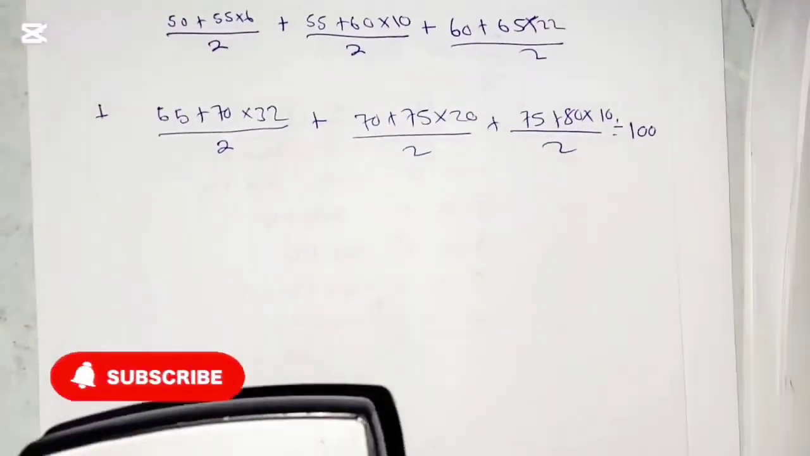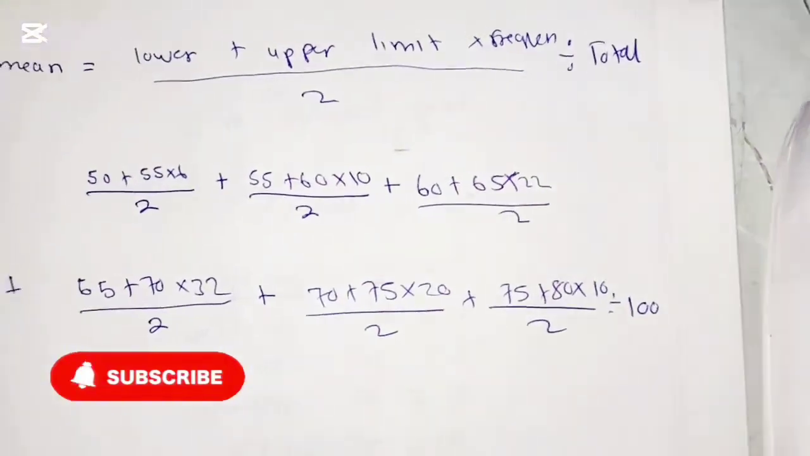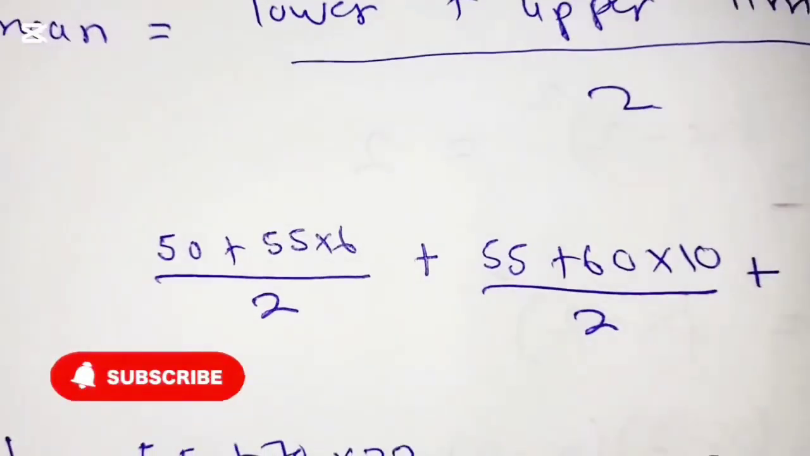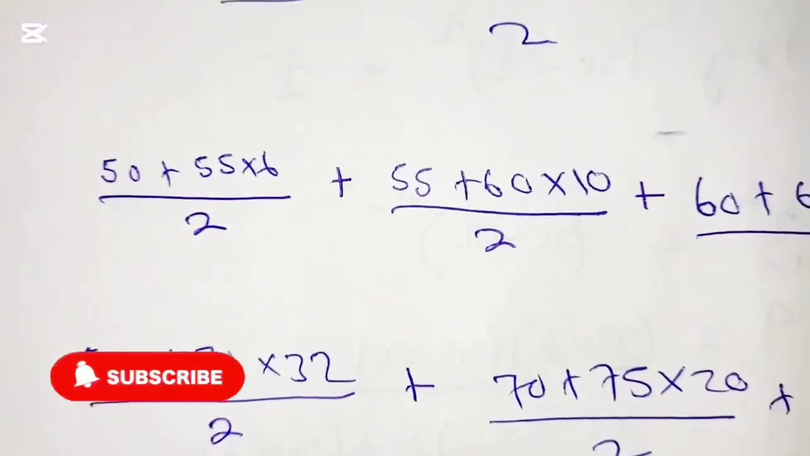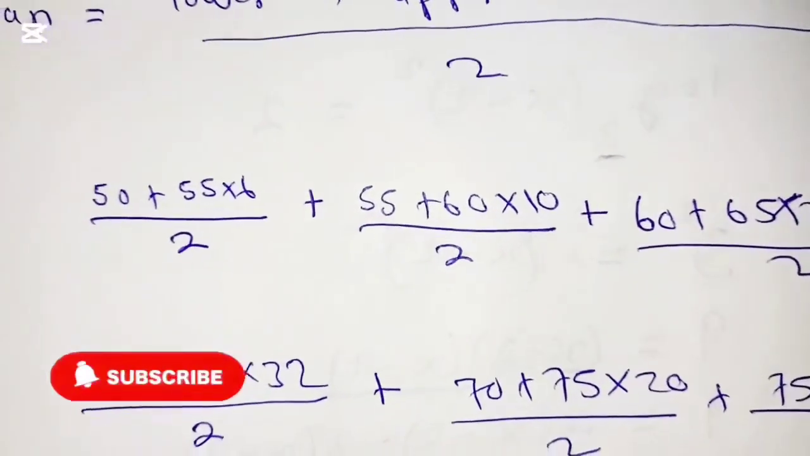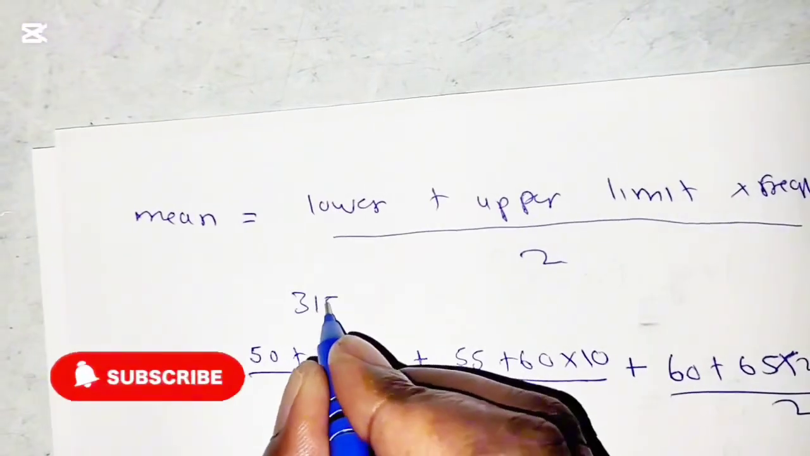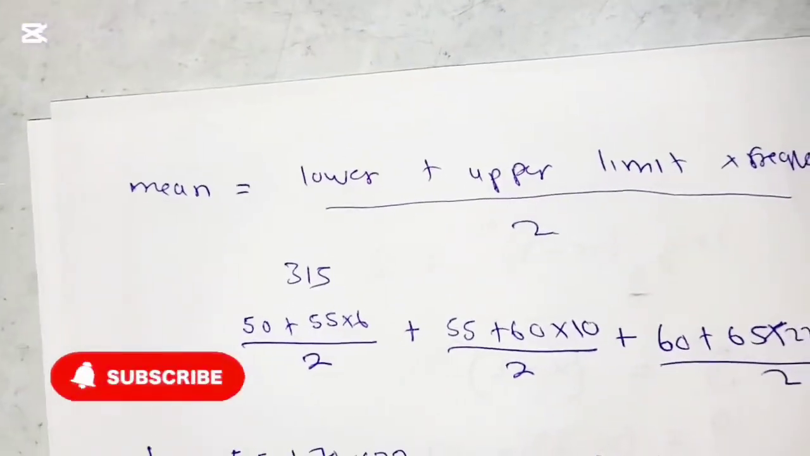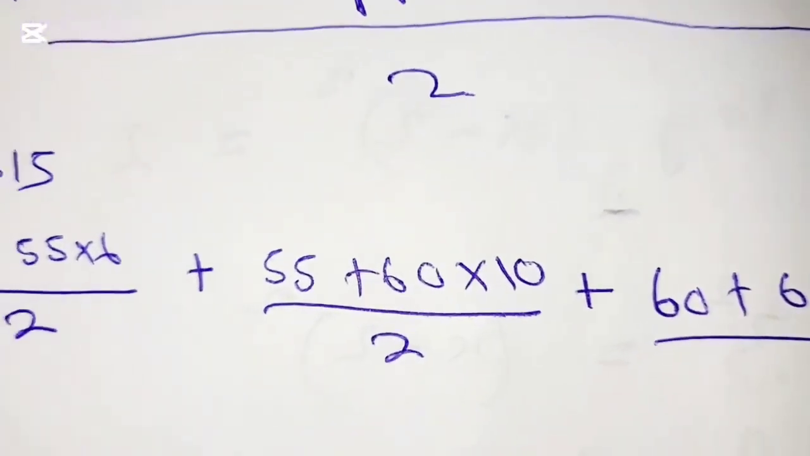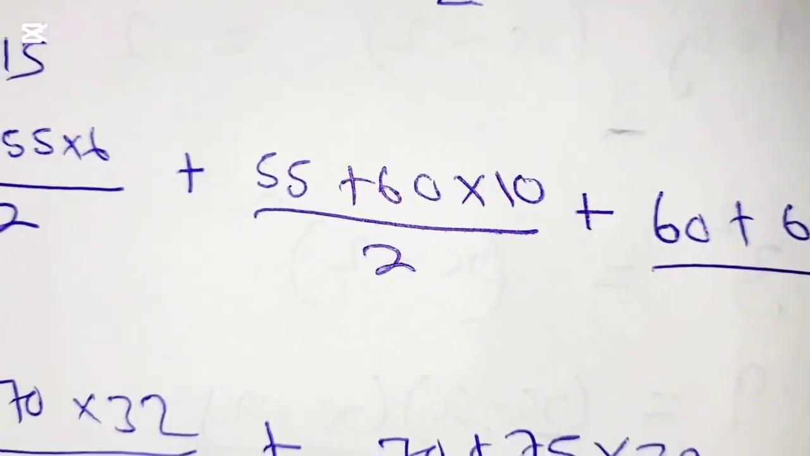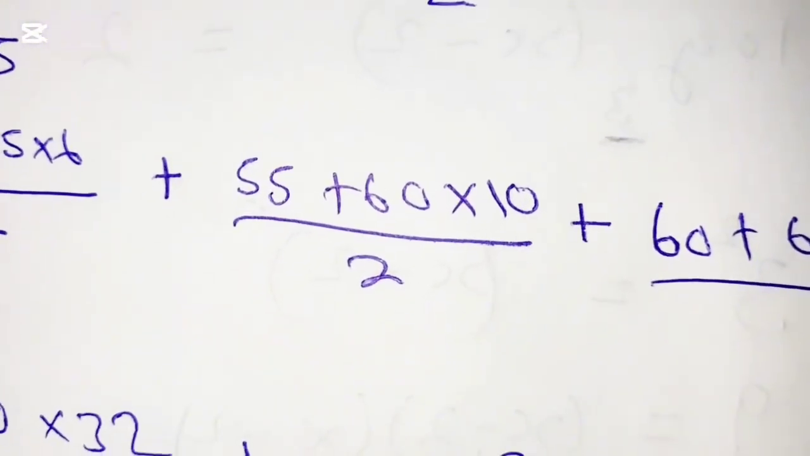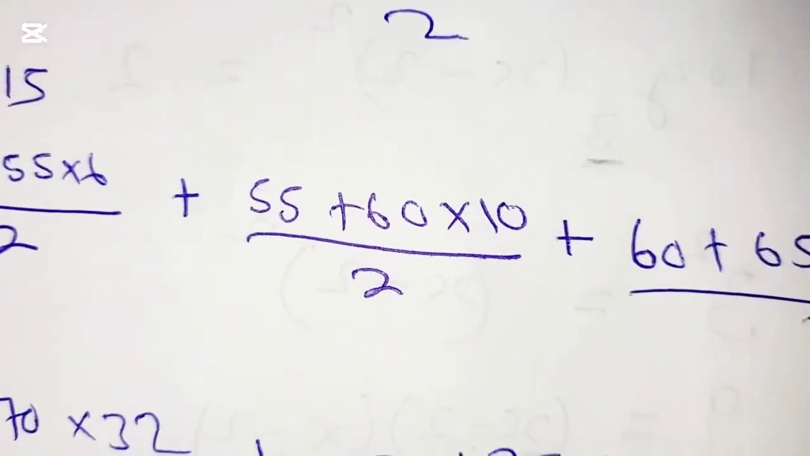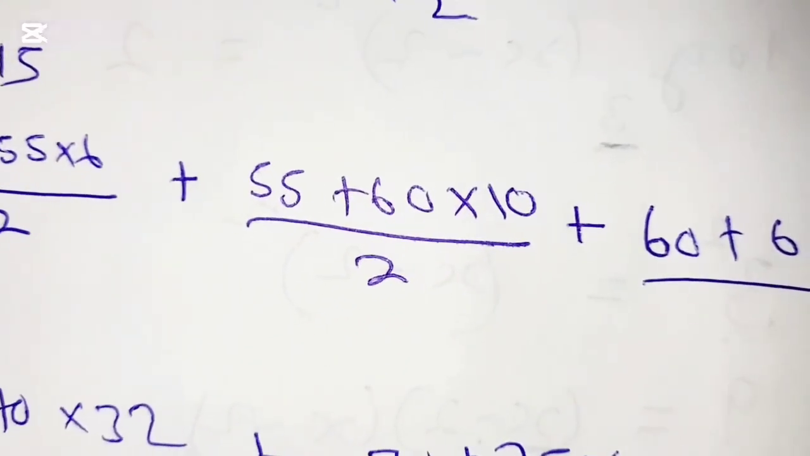So we're going to say 50 plus 55, then equals, times 6, equals, then divided by 2 to get 315. So 315. Then 55 plus 60, equals, times 10, equals, then divided by 2 to get